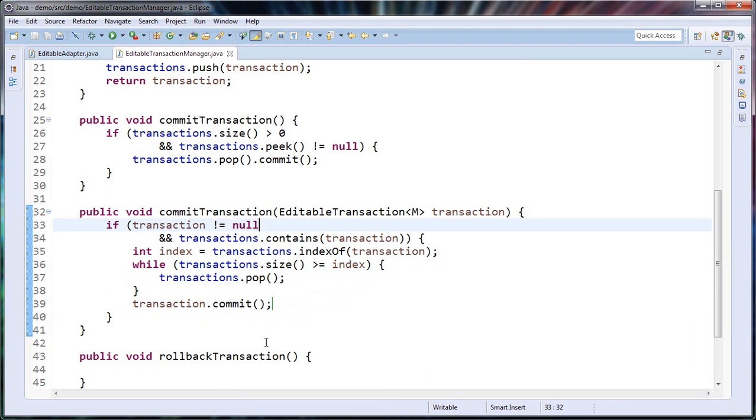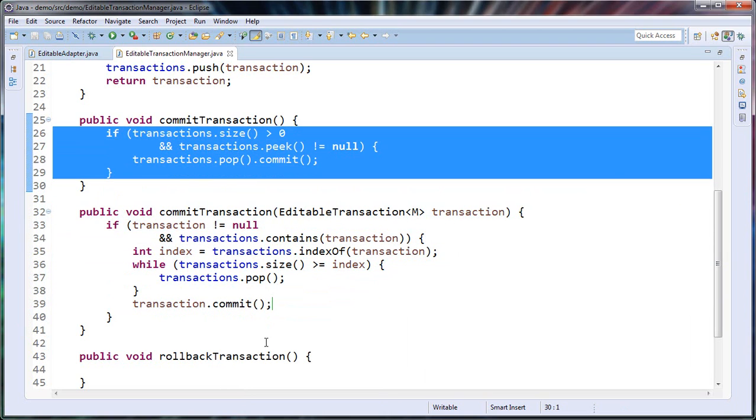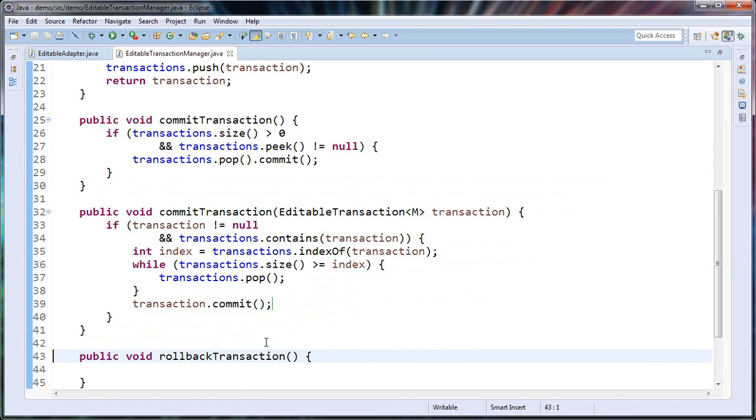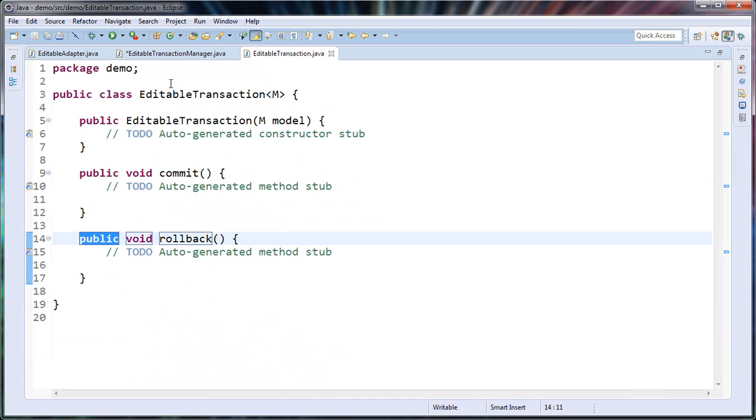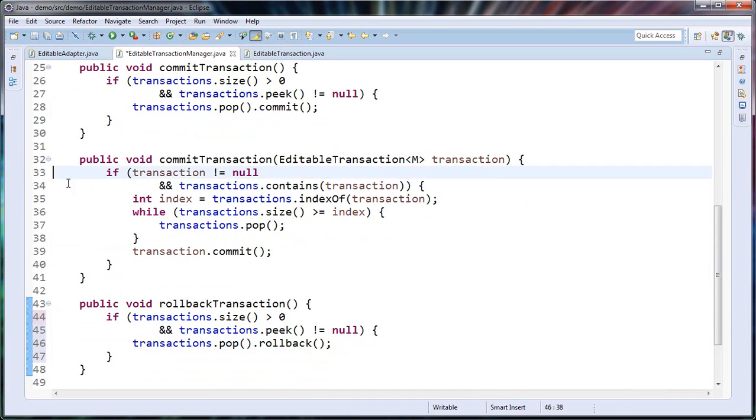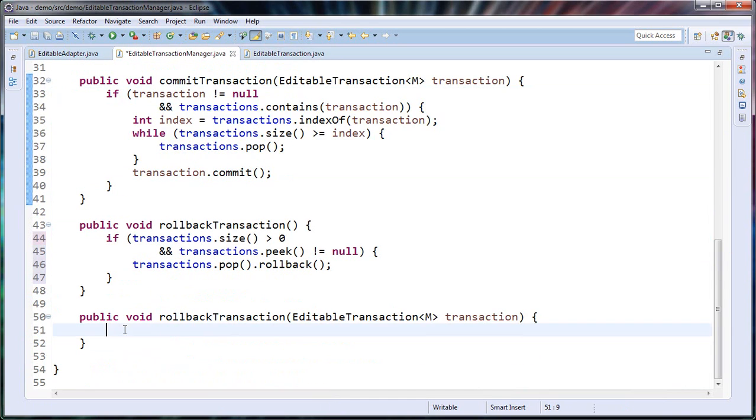Okay, now let's do the same implementation for the rollback. Basically, when I'd like to roll back a transaction, I will have to get the transaction on top of the stack, and I will roll back it. And I have to create this method here. Of course, when I would like to